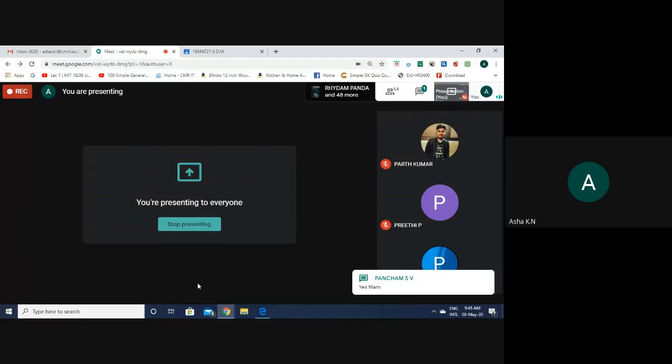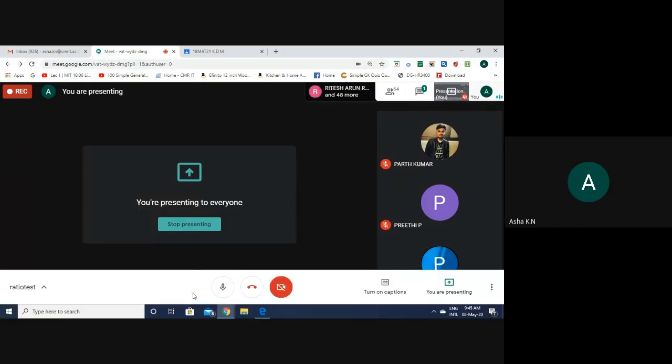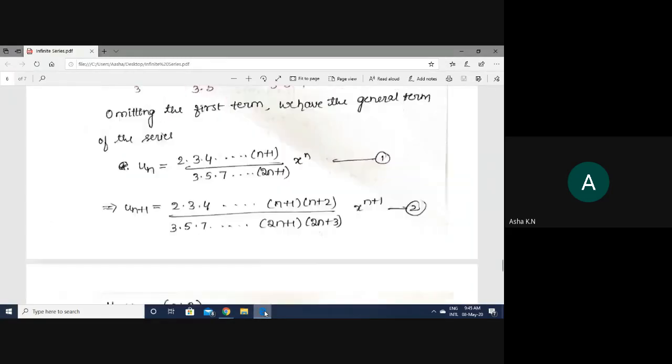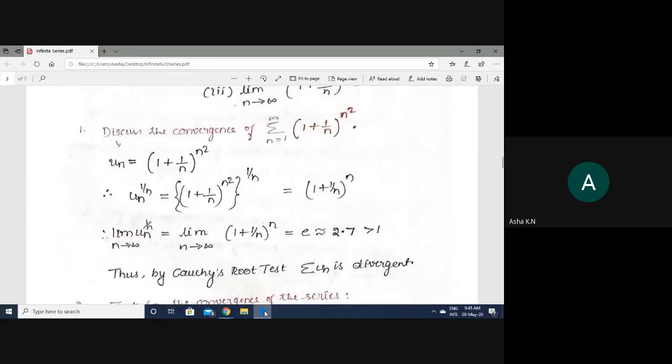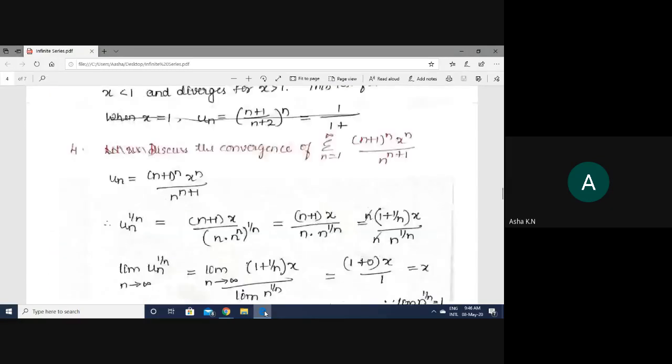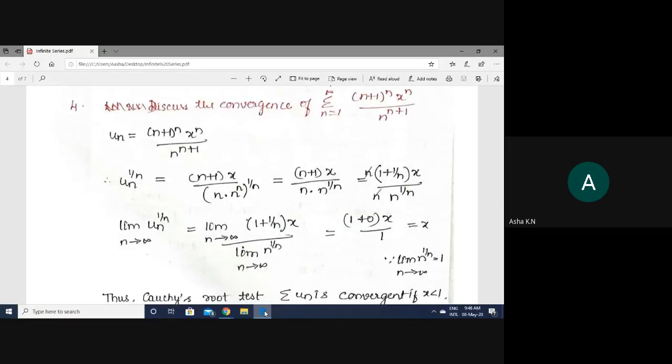Okay. So we are done with ratio test, but root test last class it got disconnected. Now that problem I'll explain. It's anyway the root test, but that problem is different. Let me see what was that problem. I think it was the third problem. The first problem was done, second was done, third I didn't do, I had directly gone for 4. I think I was explaining this. So test the convergence of this problem.